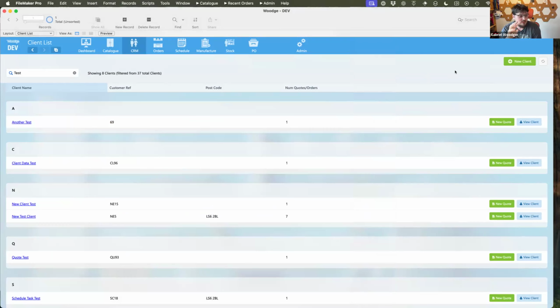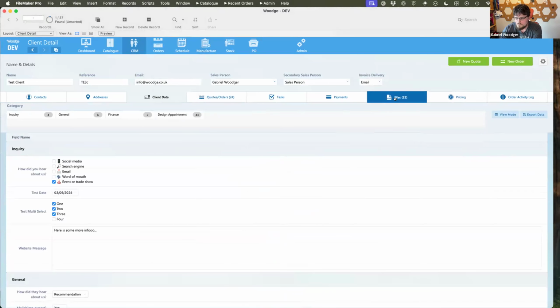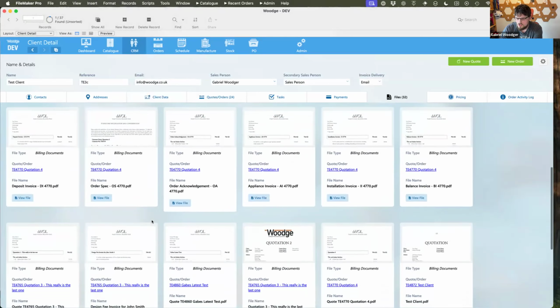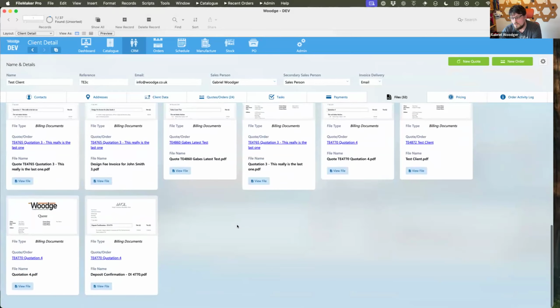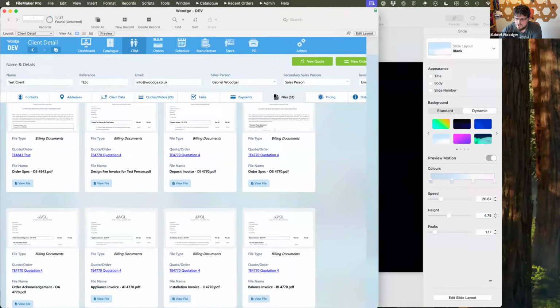But in here, I'm just using CSS to change this from being styled as a card view to being styled as a table view. So by just changing the CSS, we're able to make changes in there. This is useful where you want to do grids of documents or something like that, to say, right, here's all the quotes and bits and pieces that are attached to here. So this is one of those opportunities that's great for a web viewer, because you can have a nice little card view, and depending on the screen size, you can have as many or as few of these as you want to.